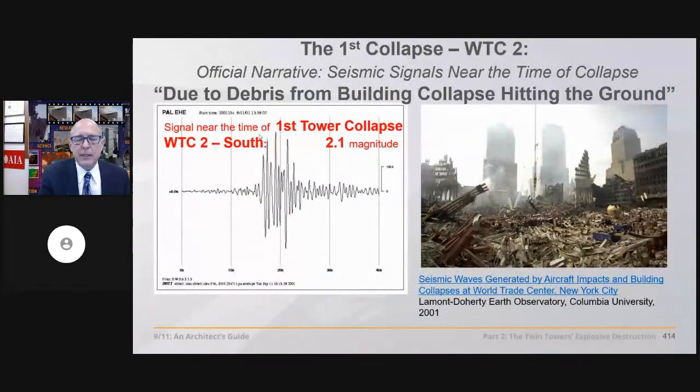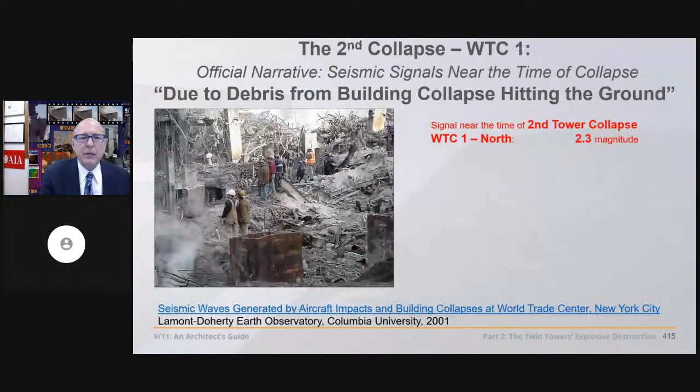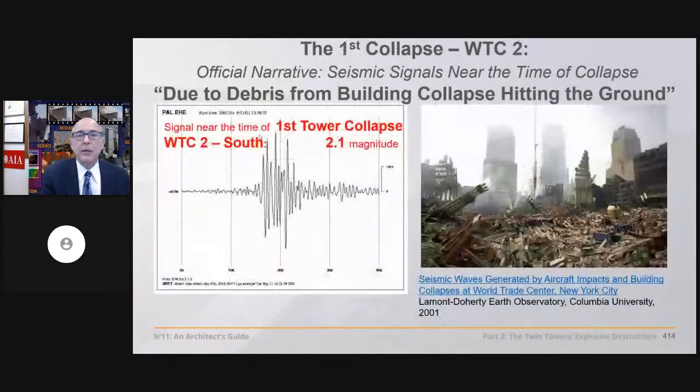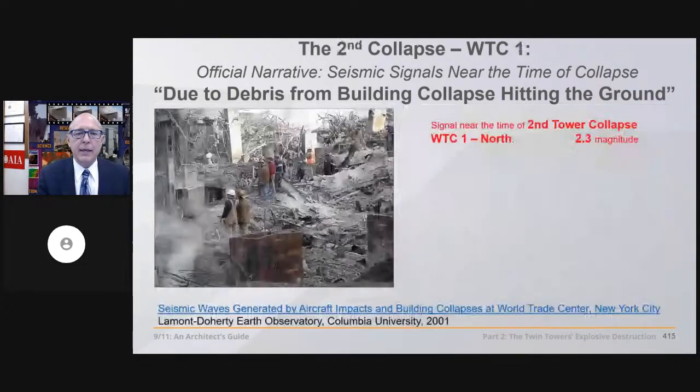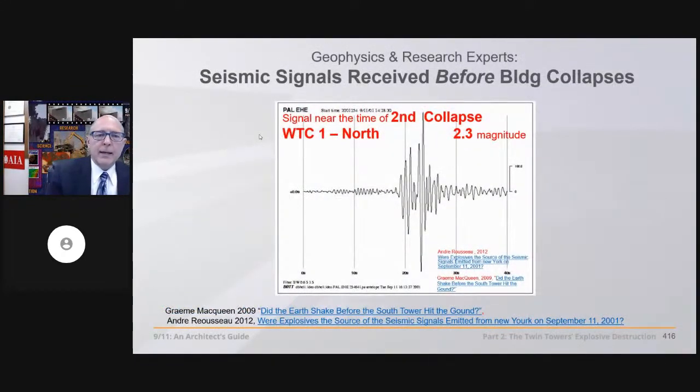So he says, well, let's look at what might have really happened here. With regard to the collapses, we have also the collapses occur near the time of the 2.1 magnitude earthquake in the case of the South Tower. In the case of the North Tower, it's a 2.3 magnitude earthquake. And so there's a few problems here, though.